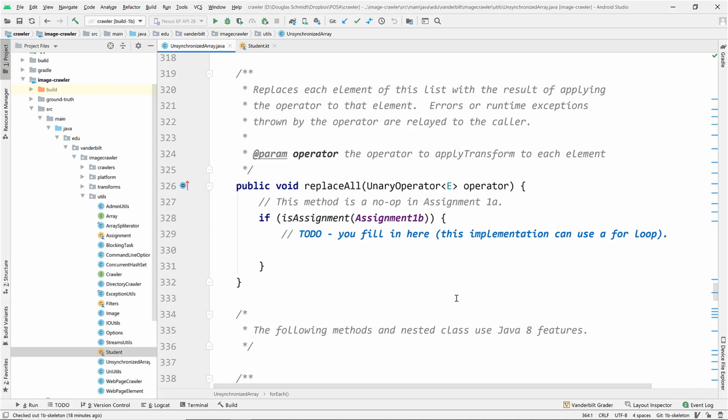And what you'll do here is you will go ahead and use a for loop. And this is one of the very few places where you'll need to use a for loop. And when you look at the solution and puzzle over it for a while, you'll see why you need to use a for loop. So you use a for loop here to essentially go through every element in the underlying